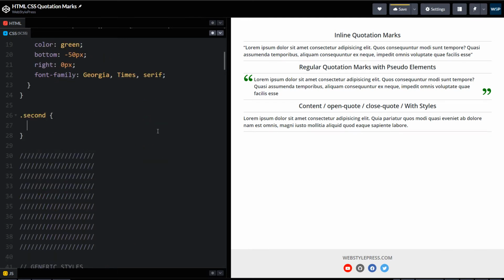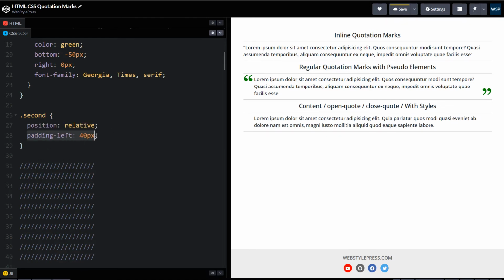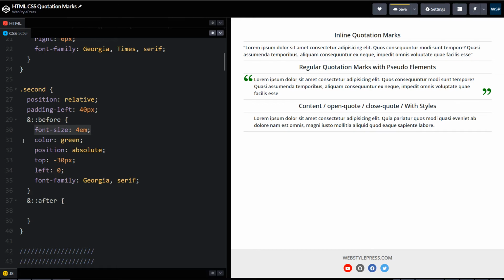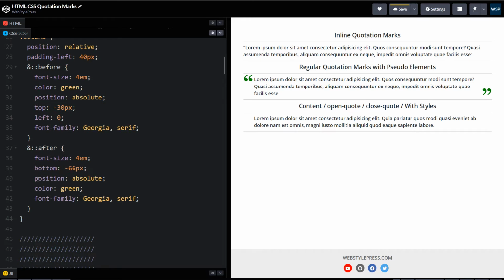This is our div, position relative, and some padding from left. Then we have got before and after CSS pseudo elements. Here is some styling for the before element: font size, color green, position absolute, top and left positioning, and font family Georgia. And here is some styling for the after element: same font size, bottom absolute, color, and font family.